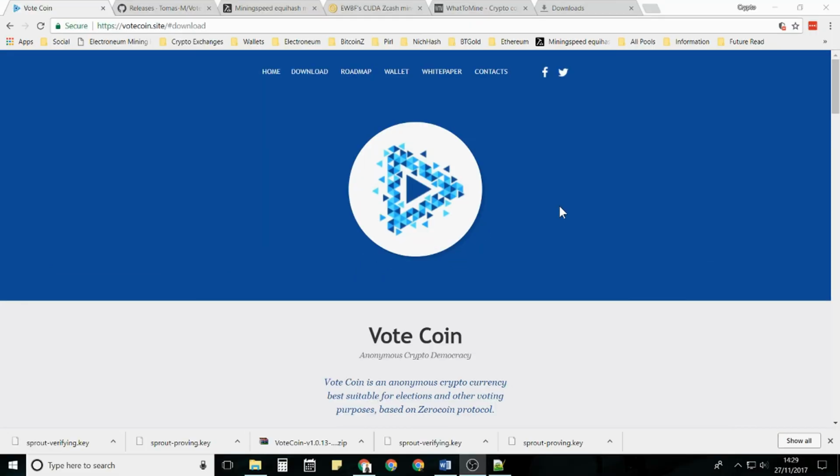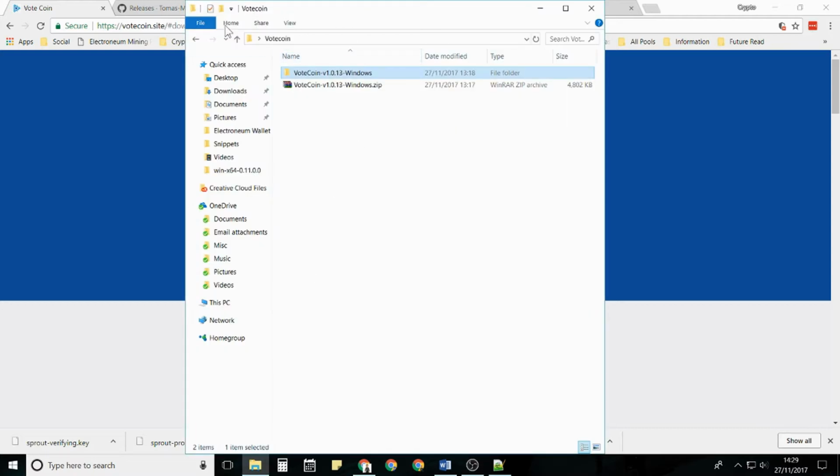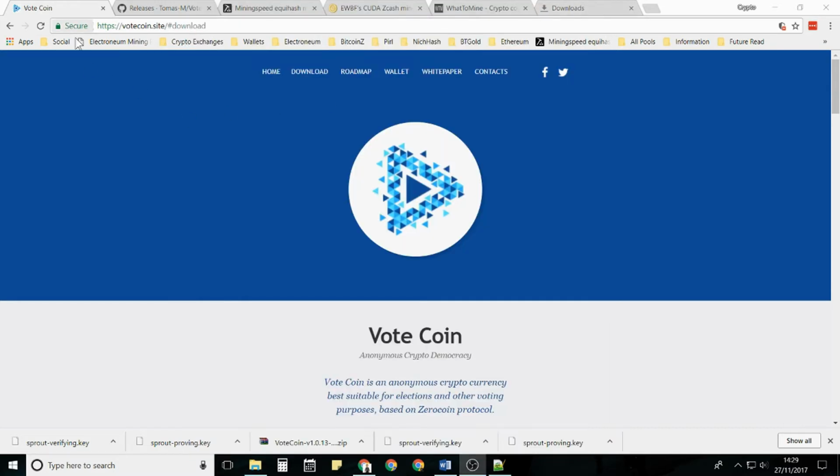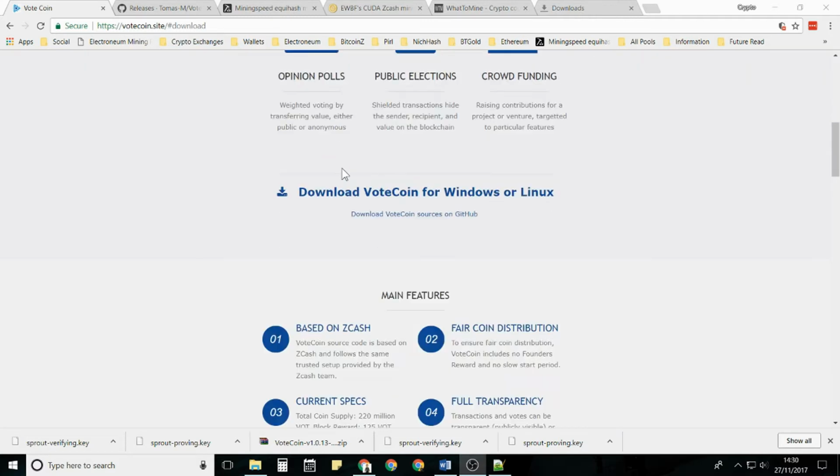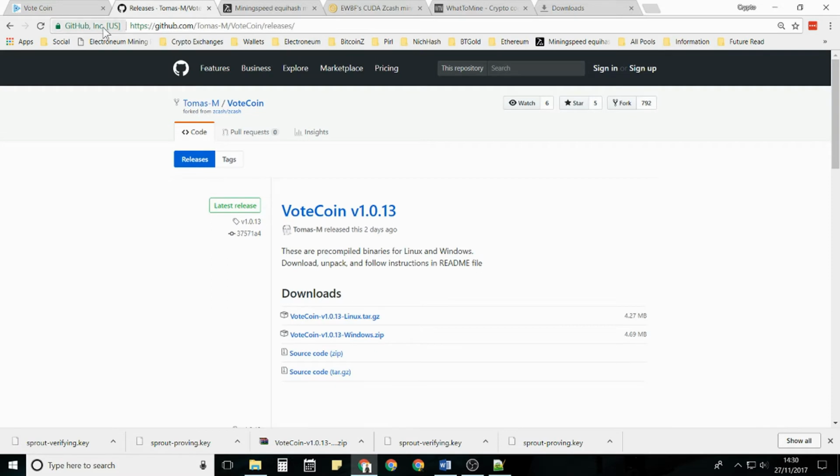Okay guys, to get started there are going to be a few files we need to download from the interweb. So I suggest you create yourself a folder, just call it Votecoin. Leave it on your desktop so it's nice and easy to find. And then come over to the Votecoin website, the link is in the description. And we're going to scroll down to where it says download Votecoin for Windows and Linux. So we're going to click on download Votecoin and that will bring you to the GitHub page,